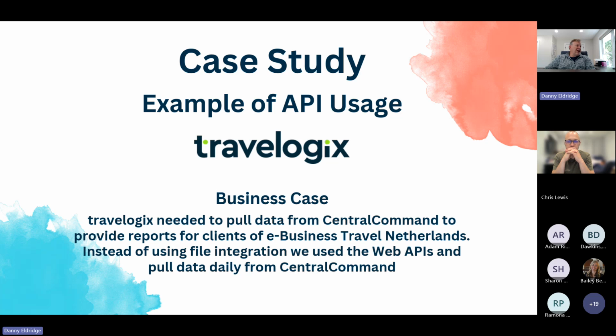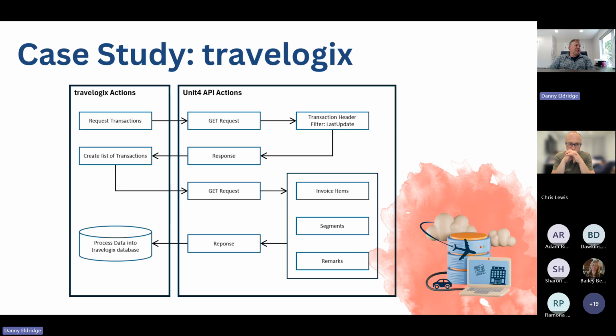So in order to do that, we sat down and figured out what we need to do to make this work. On the Travelogix side, there's an action that starts with a request for transactions. We use what we call a GET request, and we filter based on the last update. Basically they say, give me all the data with a last update date of today or yesterday. We provide a response of that data. One of the things in an API is that select statement, so they can say, I only want the transaction number and maybe the PNR. So in the response, we give them all the transaction numbers and PNRs that have a last update of yesterday. They consume that and create a list,